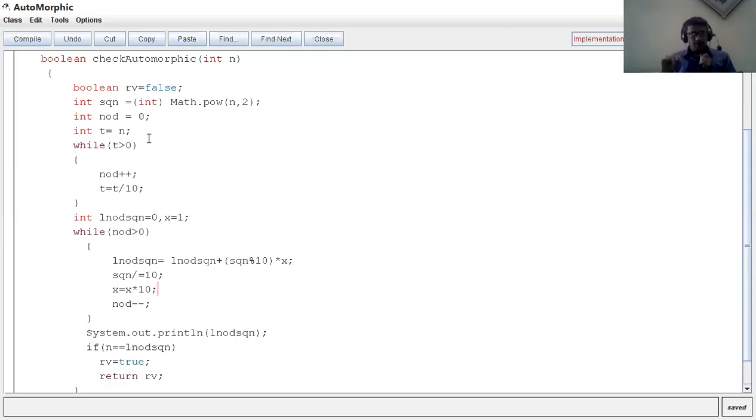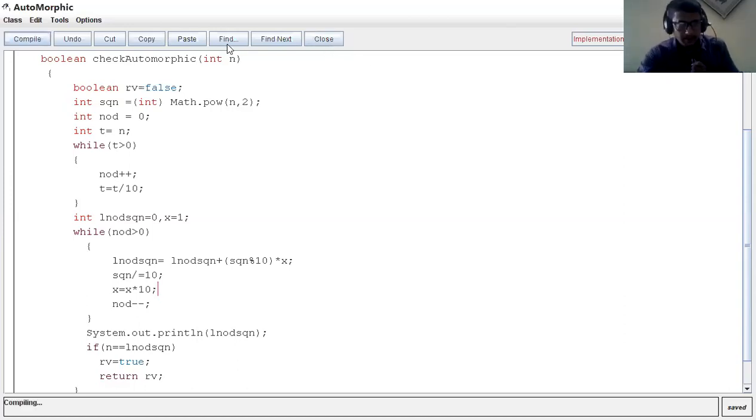Now what I am doing, I am printing the last digits of the square number. And then what I did, if they are equal, in this case, this is equal. But if it is not, then the result will stay as false. But as here it is equal, then it will return true. Why will it return true? Because after that I have written RV. And now return RV is a function.